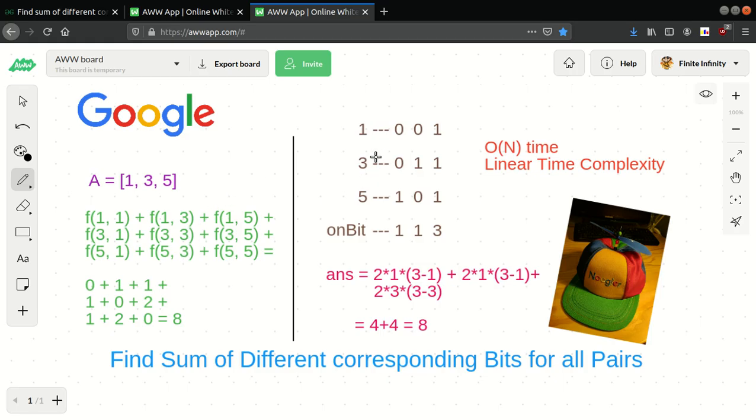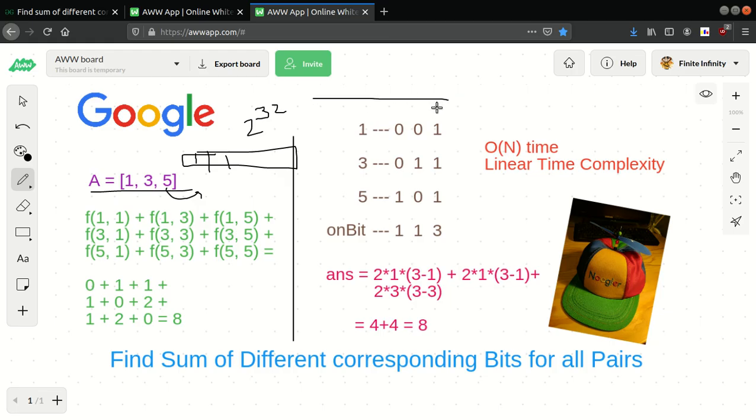So what we can do is, basically every integer will have a size of 32 bits in its binary representation, because an integer is 2 raised to the power 32. Okay, so let's check this example. For this array we have 1, 3 and 5, and these are their binary representations respectively. So what we can do is check how many of them have a set bit for each bit from 1 to 32.